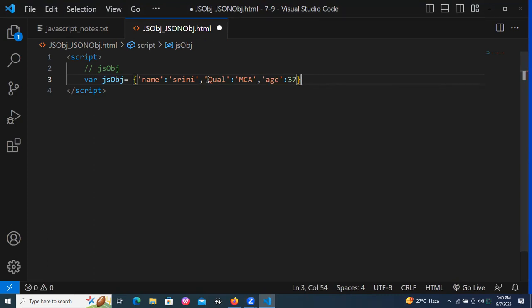It is not 100% JSON. Why? Because you don't have double quotes for the strings here. That is the first point you can observe: there are no double quotes I am giving for the strings. Am I right? Even though I'm not giving